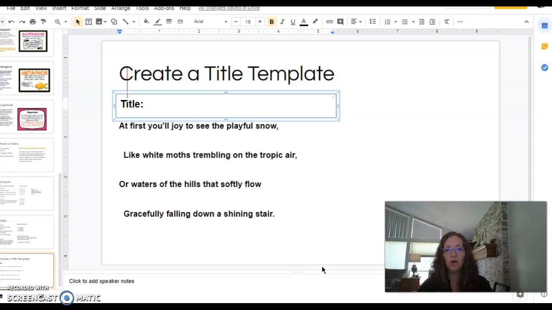For the first one, I just put the first 4 lines here on my example. All these poems are actually about 10 to 15 lines long.